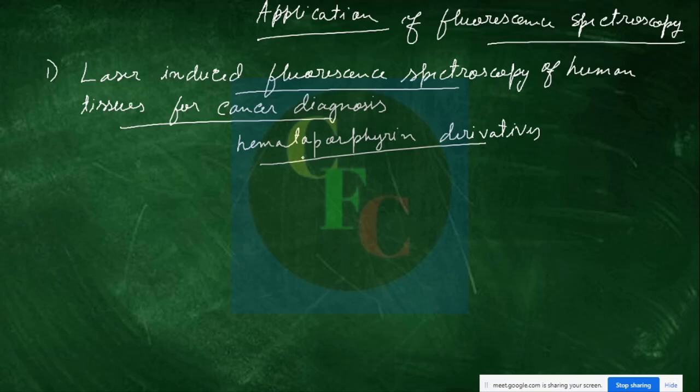Now, what does this hematoporphyrin do? If I inject or administer a drug that is a fluorophore in a human body or any other animal body, what will happen? It will be excreted, right? So you cannot do anything. But there are some drugs or molecules which target the tumors. Hematoporphyrin is one of them. Hematoporphyrin derivatives are actually